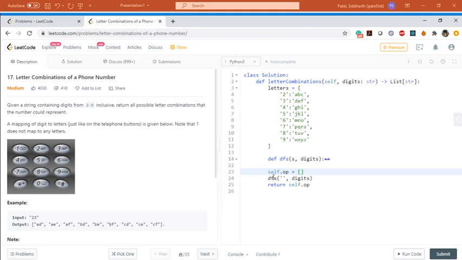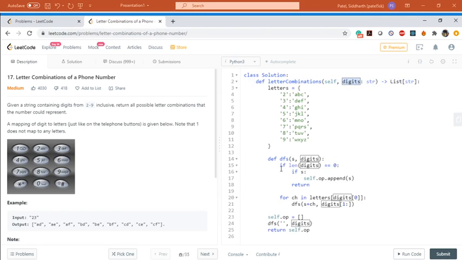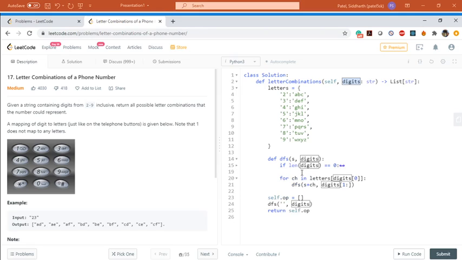Now what we want to do is call a function which takes two parameters. The first is the string, and this is the temporary string which will hold the values of each and every character. And the second is the digits, and digits is nothing but the input. So how does this work? This is a recursive function,